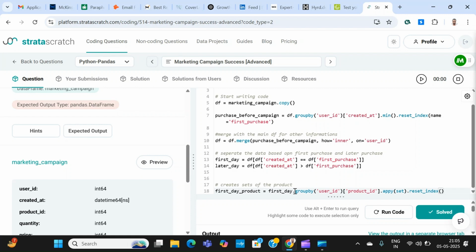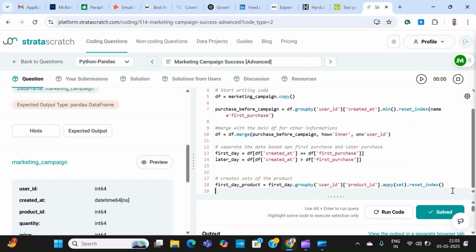Let's say a user has bought product A on 1st January, then on 3rd January, and then 5th January. He has bought three times, but he has bought only the same product. So we want it in a kind of set, so we will have just unique values, right? So for that we are using this particular thing. In PySQL we didn't have to do this because we followed a different approach, but here we have to use it. So for that now I will use the same code